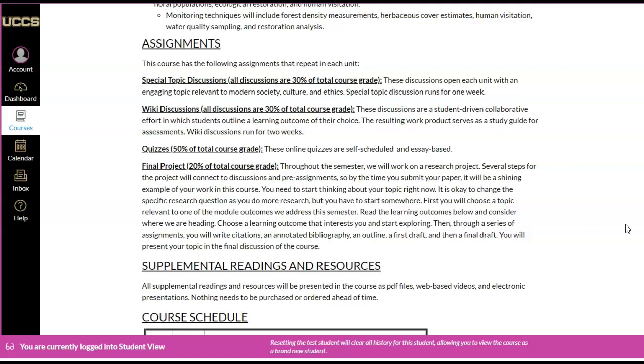Maybe you care about water issues, right? So you read the paper about water issues, you go into the wiki discussion, you describe that paper, and you start a discussion about water, but someone else read a paper about policy, and they just started a discussion about policy. And then in the end, we've covered all the readings in these discussions. And then we'll have some special topic discussions that drive us all towards a very specific topic. And you will get to choose one of those later in the semester as a community.